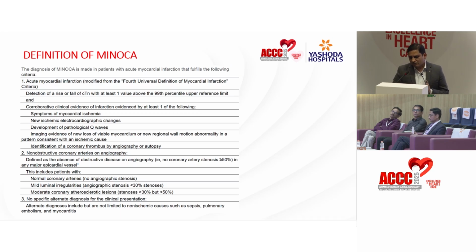So, if you see a clinical presentation like this, satisfying acute myocardial infarction along with normal coronary arteries or non-significant stenosis, less than 50%, you make a diagnosis of MINOCA. Then at this juncture I would like to ask two questions. If you see this type of patient, where do you think the pathology lies? You think there is an MI on one side and normal coronaries or insignificant coronary artery disease. Where does the pathology lie? Most of the time the pathology lies in the coronaries itself, but we need to investigate thoroughly. Further investigations are needed.